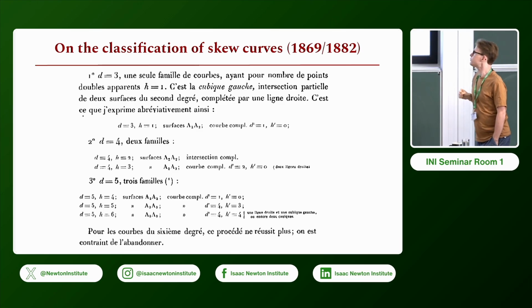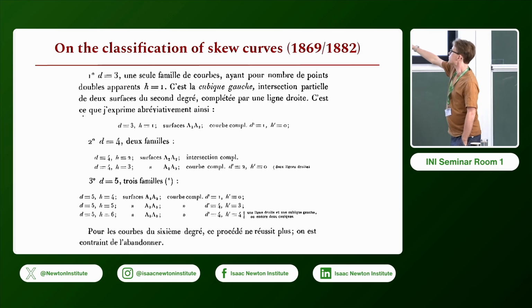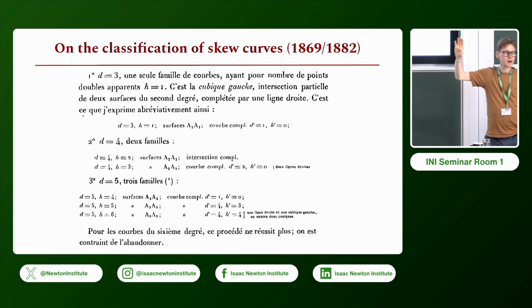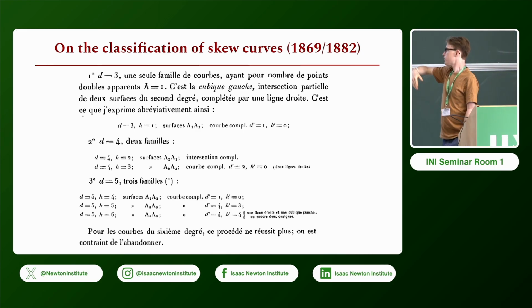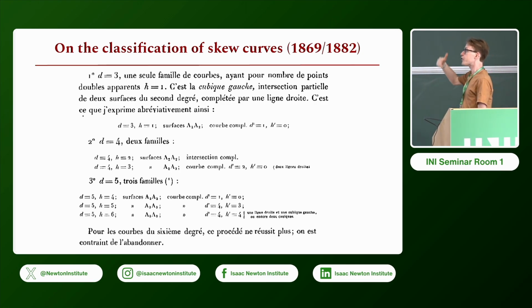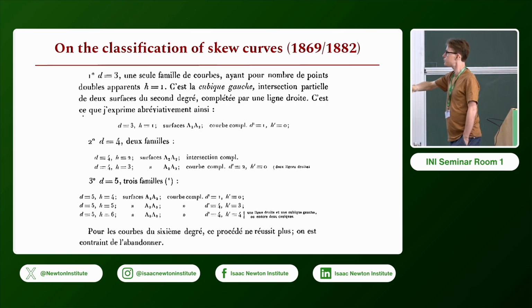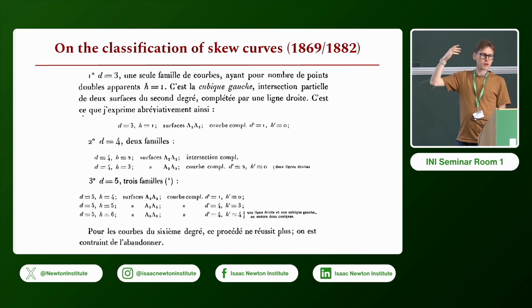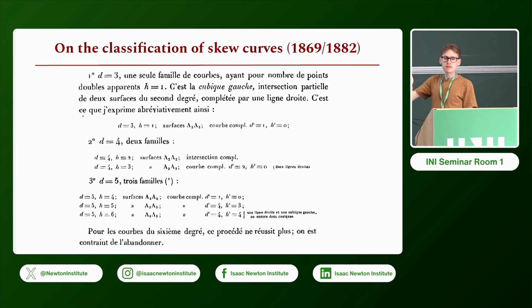So for instance, in the case of degree 5, there are only 3 possibilities. They can be 0, 3, or 4 double points. And then that yields a full classification. But, he explains, for curves of degree 6, that doesn't work anymore. And he goes on, he says, well, then let's add the genus. With a third number like the genus, you can have a full classification of curves of the 6th degree. But from the degree 9, even the genus is not enough. And so his point being, well, there's no hope that any sort of finite amount of tweaking will work. At some point, you will always need to add something more.